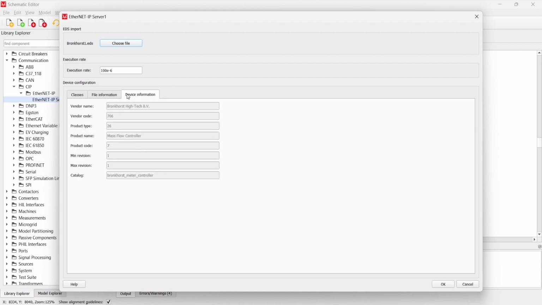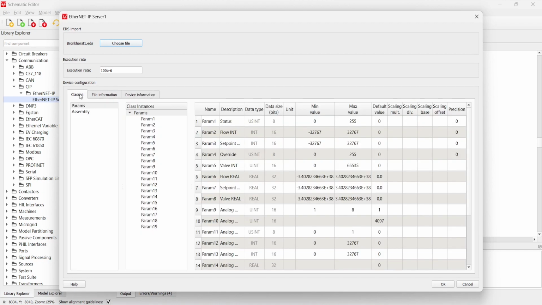Notice that these three tabs appear: the Classes tab, the File Information tab, and the Device Information tab. The Classes tab is essential for device configuration. Here you can access the list of parameters and assembly classes, along with their instances and the full array of attributes as defined in the EDS file.